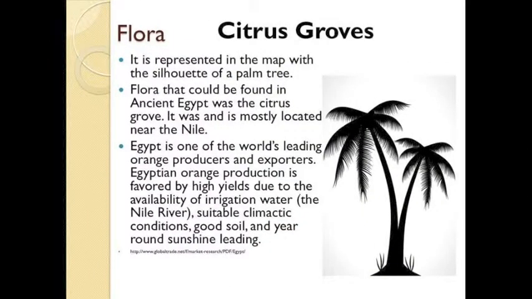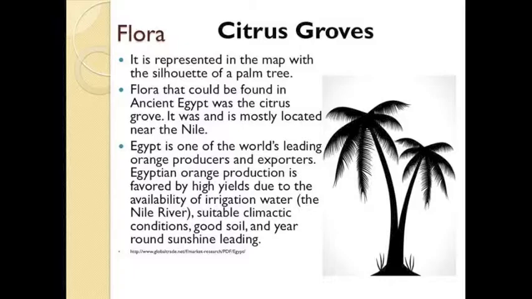Flora. It is represented in the map with a silhouette of a palm tree. Flora that could be found in ancient Egypt was a citrus grove. It was and is mostly located near the Nile. Egypt is one of the world's leading orange producers and exporters. Egyptian orange production is favored by high yields due to the availability of irrigation water, suitable climatic conditions, good soil,